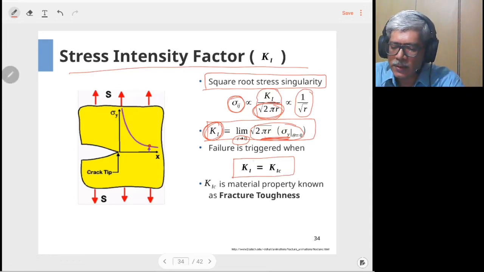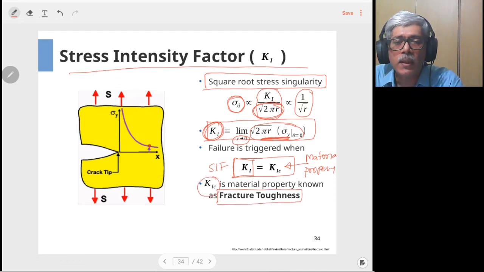In this case, the left hand side is the stress intensity factor, and the right hand side is a material property, termed as the fracture toughness of the material. It is termed as K1C, with 1 for mode 1 and C for critical,